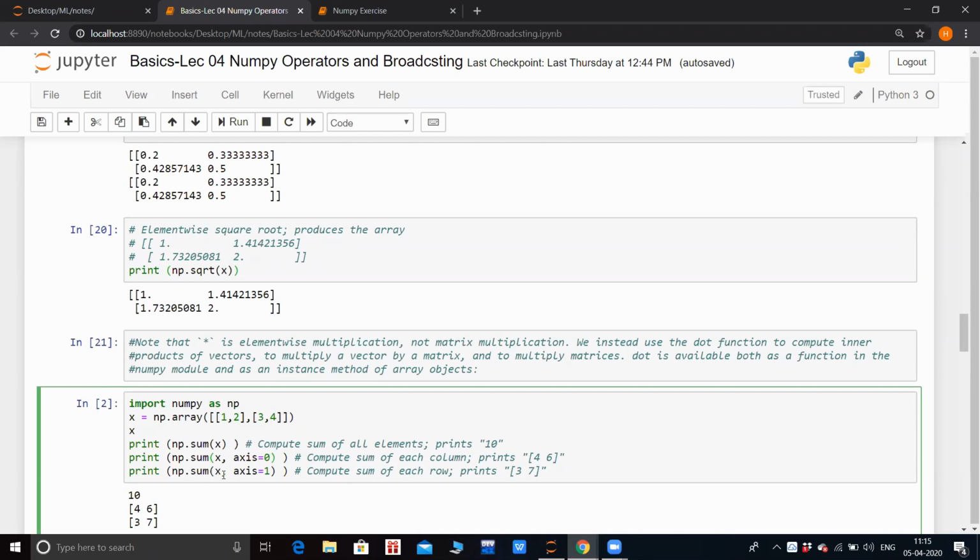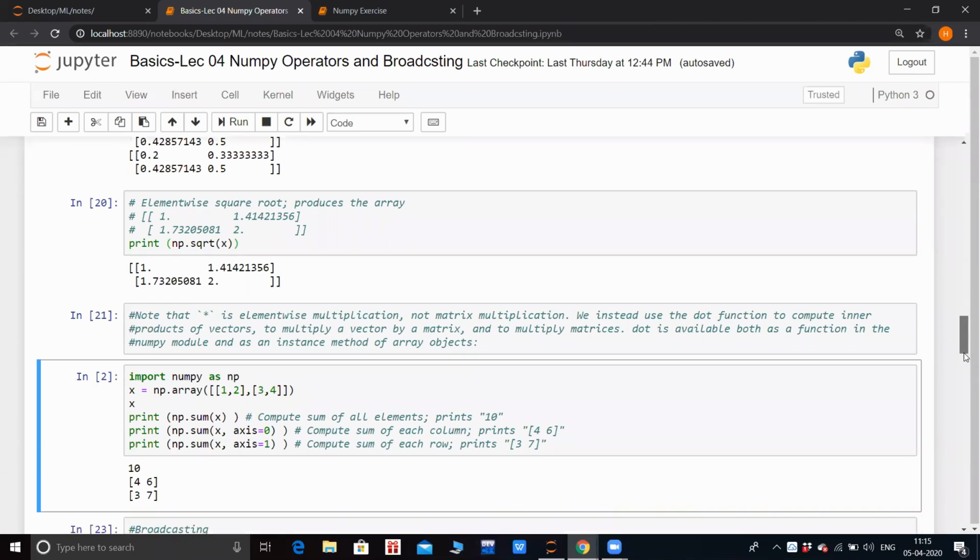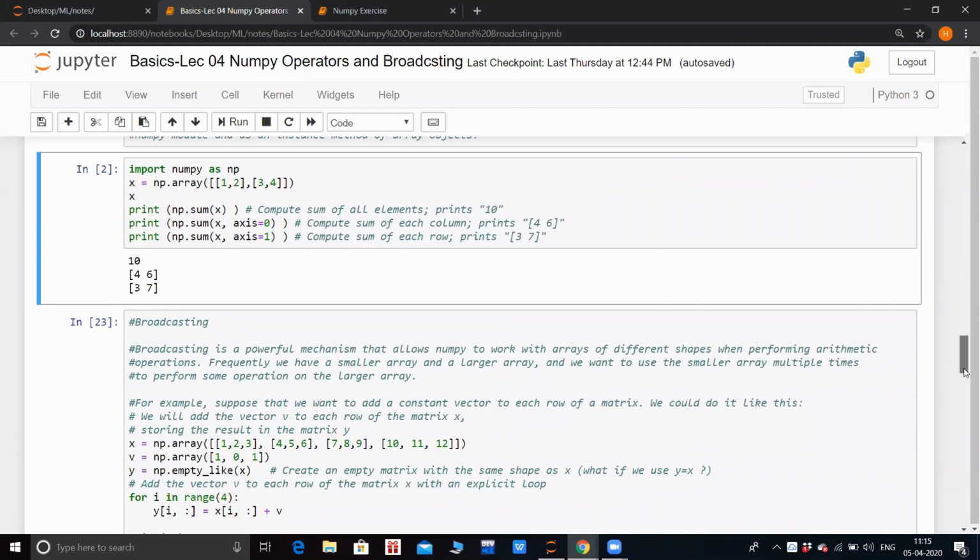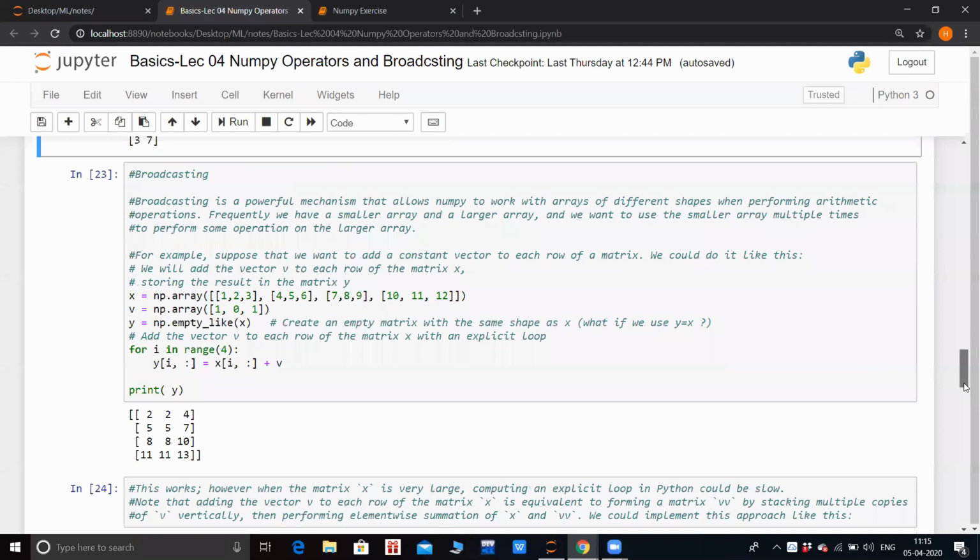Again, if you want a NumPy array for the sum of all the rows inside your NumPy array, it will give you another NumPy array after addition. So here 1 plus 2, the first row, will give you 3 and 3 plus 4, the second row, will give you 7. Now after this, I already explained broadcasting to you yesterday. You can just read the example here.